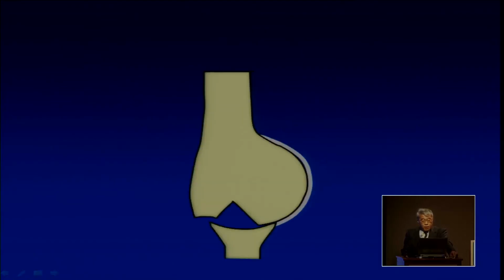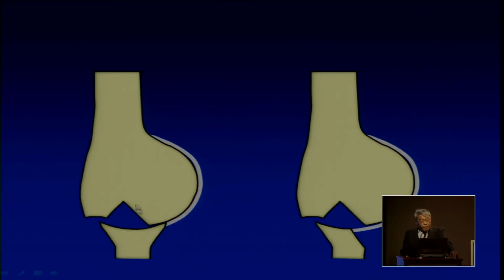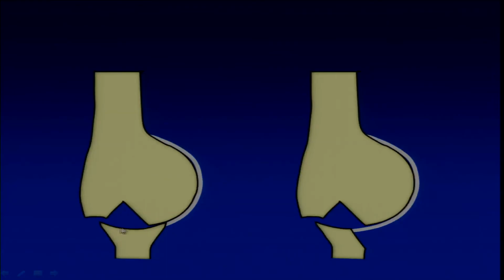The tricky thing about Hill-Sachs lesion is this. Take a look at this. This Hill-Sachs lesion is totally safe because it's entirely covered by the glenoid at the end range. So there's not a chance that this Hill-Sachs engages with the glenoid rim. However, the same Hill-Sachs lesion is not safe anymore if there is a bony defect of the glenoid. Then the same Hill-Sachs lesion engages and causes another dislocation. So it's not the absolute size of the Hill-Sachs lesion, but the relative size of the lesion to the glenoid